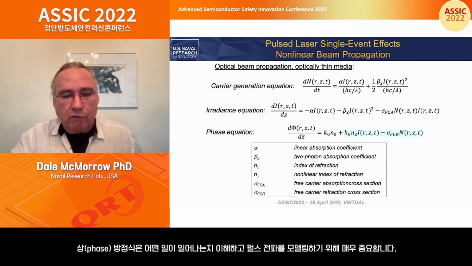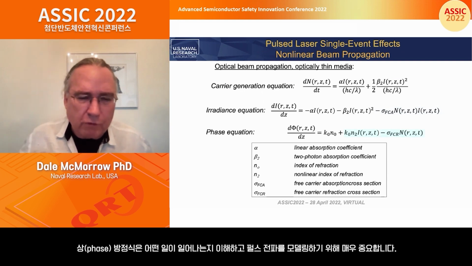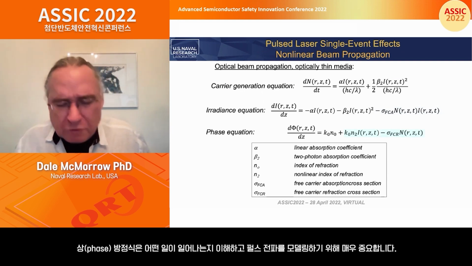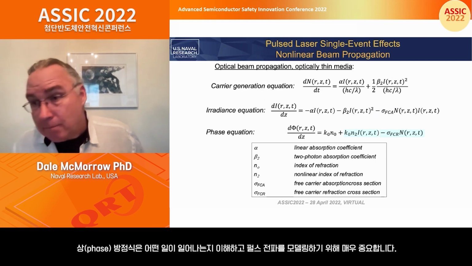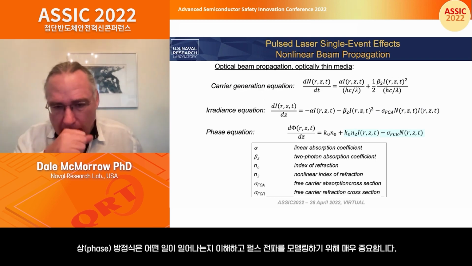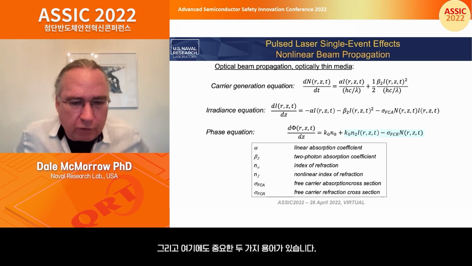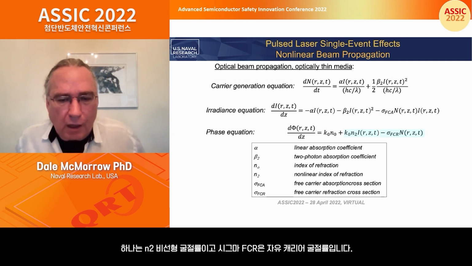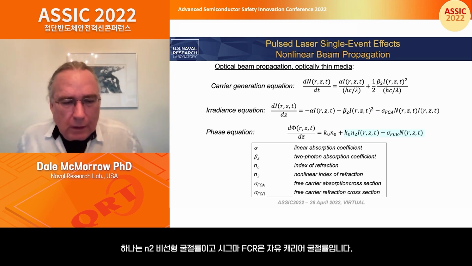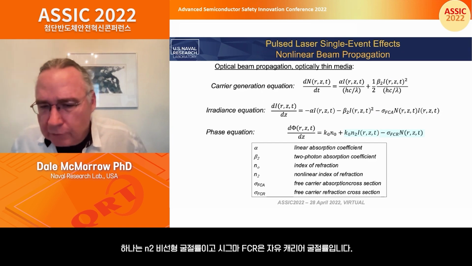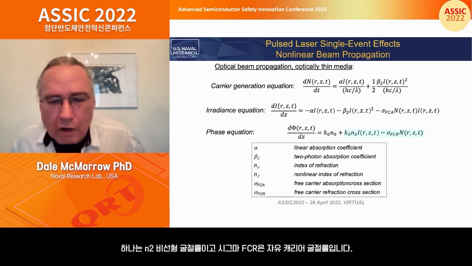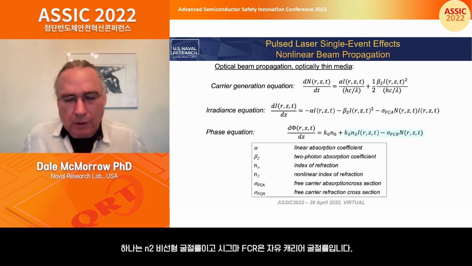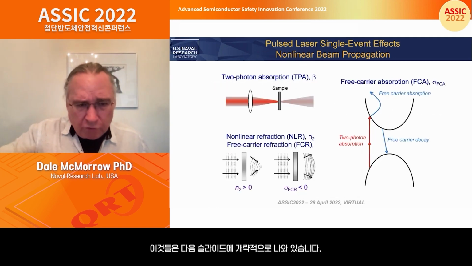The phase equation is also very important when it comes to understanding what's going on and being able to model your pulse propagation. And here you've got two terms that are of significance. N2 is the nonlinear index of refraction, and sigma FCR is the free carrier refractive term. These are shown in the next slide